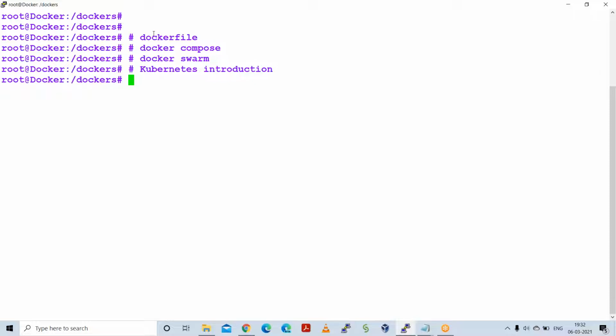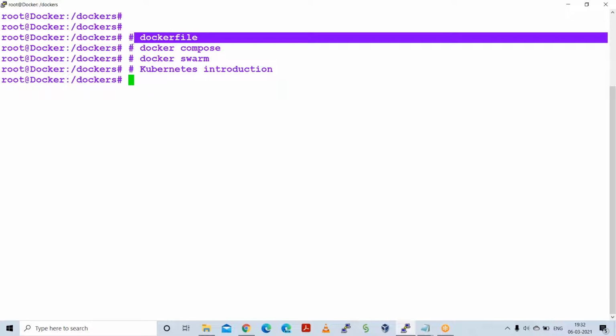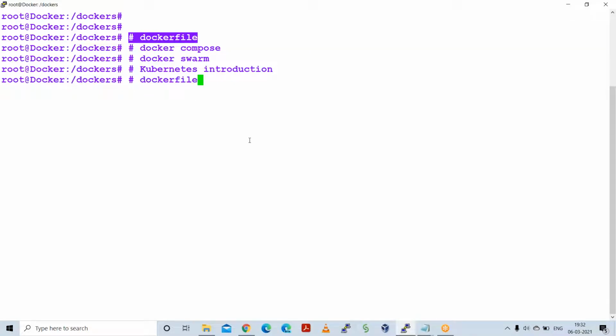So first of all, our main target is to create a Docker file. So in the Docker file, what we are going to see,